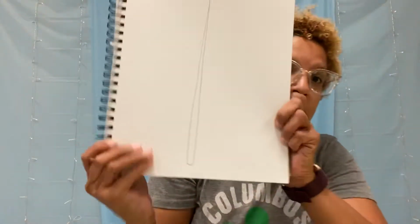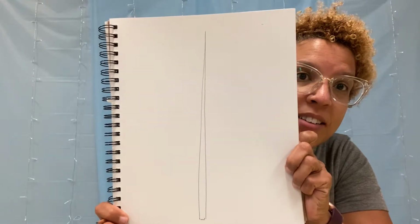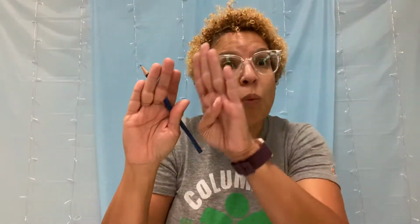And then I'm gonna start in the center of my paper and draw my hand down, making a nice skinny straight line on one side and the other. So it looks like that. Okie doke, just like that. So then here comes the fun part with the symmetry. Whatever we do on one side, we're gonna do the same thing on the other side. And we're gonna start at the very top